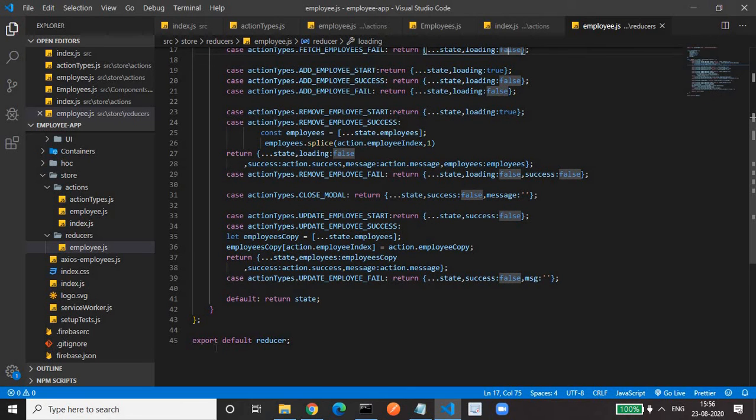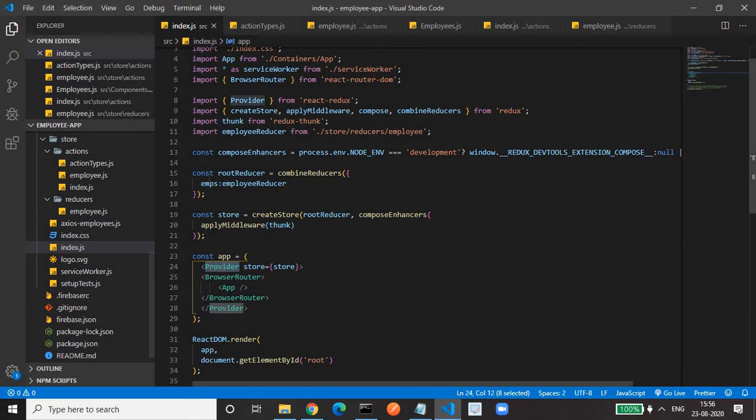One more thing, we have to export this reducer also, so that it can be imported here. We have imported this here. You can import it with any name. I have given employee reducer from reducer/employee. And we have to provide that to the combined reducer, because in our application we can have more than one reducer. So we have to combine all the reducers into a single reducer.